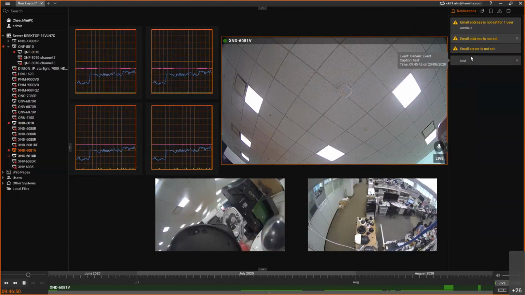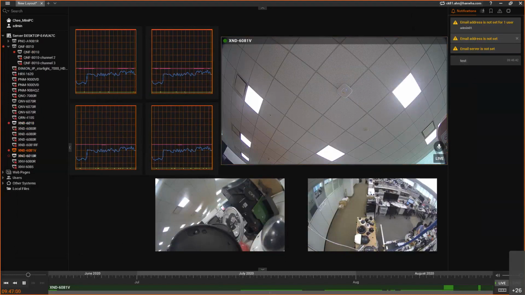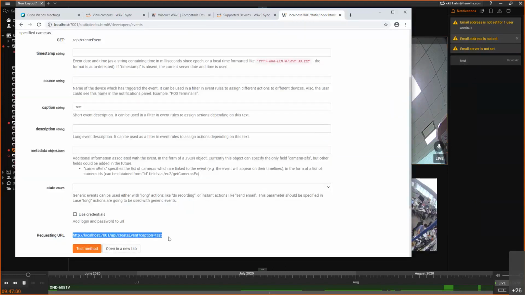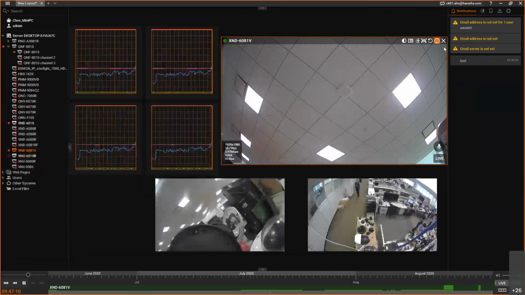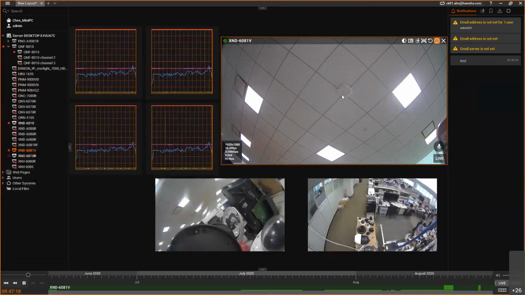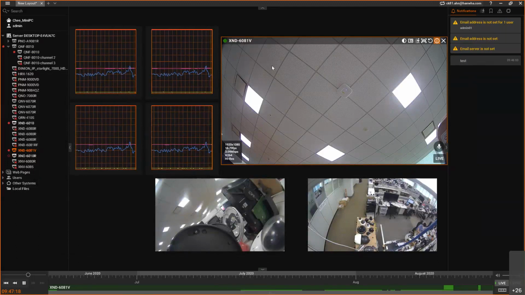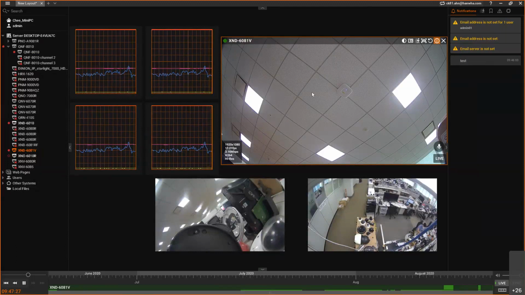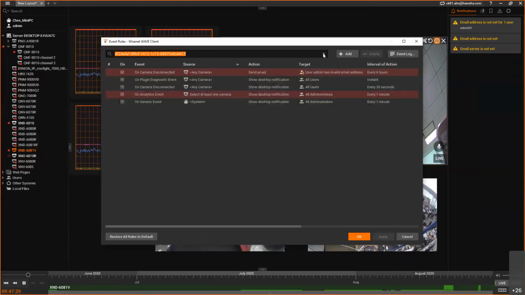Now, the generic event, which is a caption including the test keyword, has been received. And also, you can just copy this URL and then it's the same. So you can use this for third-party integration. For example, if you have another access control system or some other third-party system with your site, and if that system can send this kind of HTTP request, then Wave can receive it, and Wave can use it as an event trigger,